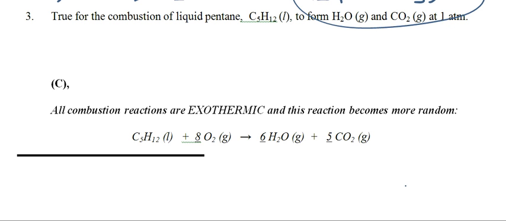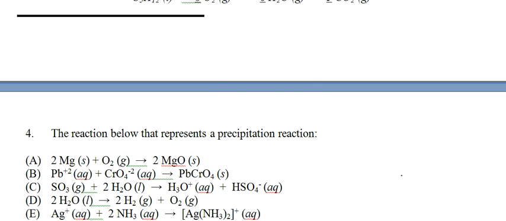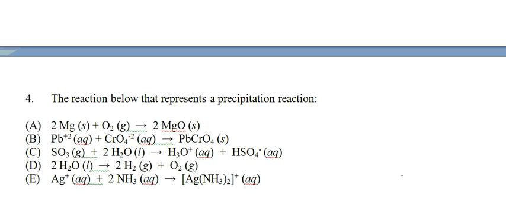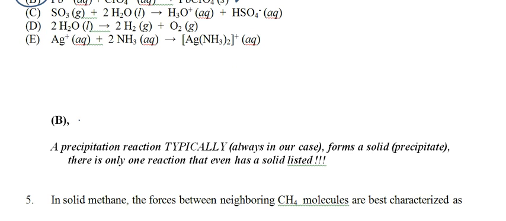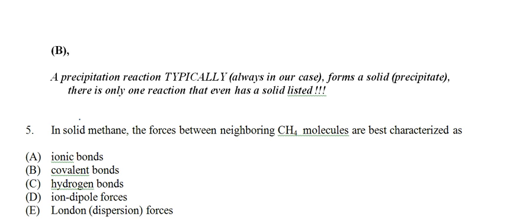Okay. All right, number 4. The reaction below represents a precipitation reaction. And I think I haven't corrected this reaction. I think you have two possible answers. It could be A or B on this. So I actually apologize for having two scenarios here. Probably B would be the best choice. Hopefully a lot of people recognize, oh yeah, we've got lead with some ions forming a precipitate. So I apologize. Either of those would be the correct answer. Okay, so I will fix that definitely for in the future. Number 5,